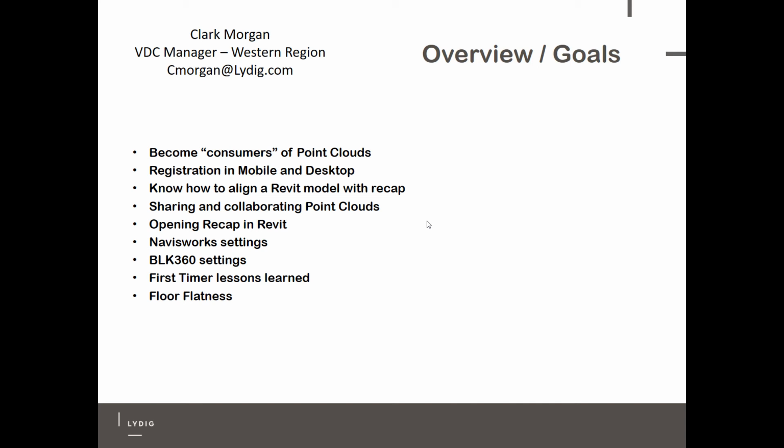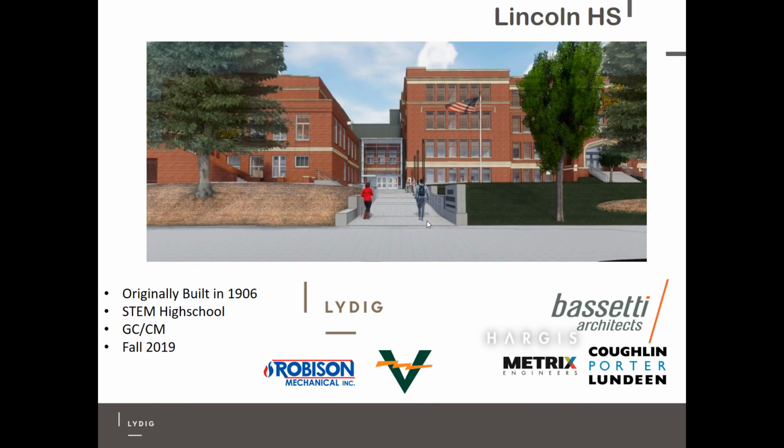And then just a real quick overview in Recap, how you can do a quick little floor flatness check. So hopefully when you leave the room today, you'll know how to open Recap, how to import a point cloud, how to manipulate that data, and then use the data in Recap. You can do that in Revit, but you need a third-party tool, which is a whole other presentation that I could give. So with that,